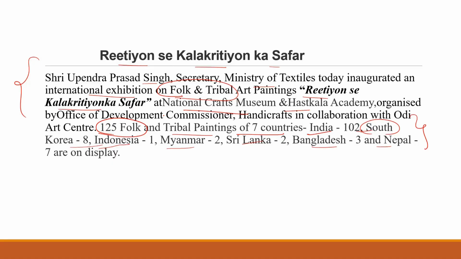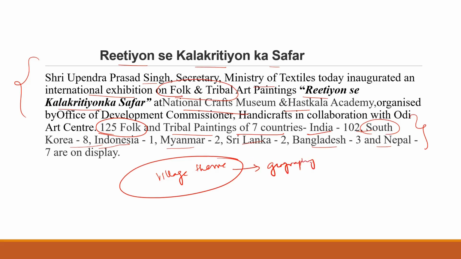Next, if you see here, what is there in the display? The display has been branched in the village theme. The theme of this display is village theme, and here they have displayed in different categories like geography, ceremonial, nature, folk tales. It means they are not just displaying a particular category. Different categories are being displayed here, like geography, ceremonial, nature, folk tales, society, religion. These are different categories in which the paintings are displayed.